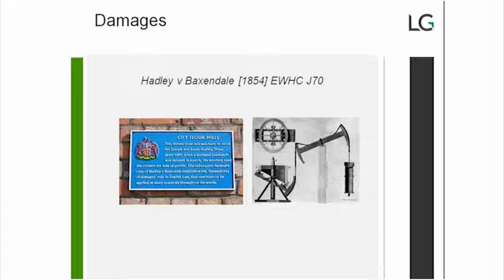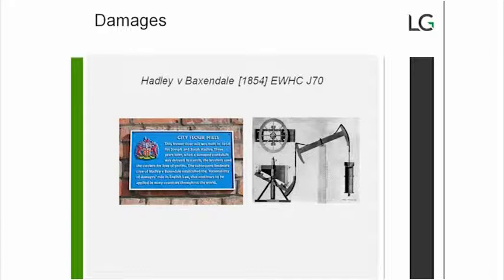They arranged with the defendant carriers for the shaft to be taken to a third party who agreed to make a new shaft using the old one as a model. However, the defendants broke their contract by delaying the delivery of the new shaft. So the plaintiffs sued to recover the profits they would have made had the mill started again without delay. And the court rejected this argument, saying that basically the breach was not in contemplation of the parties at the date of making the contract.